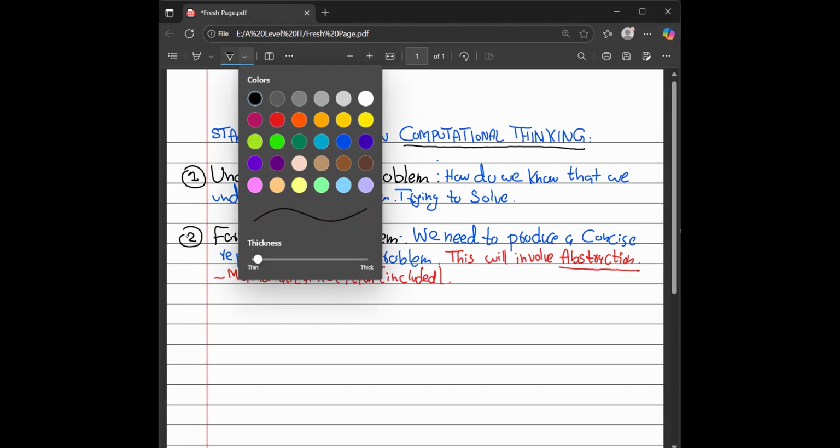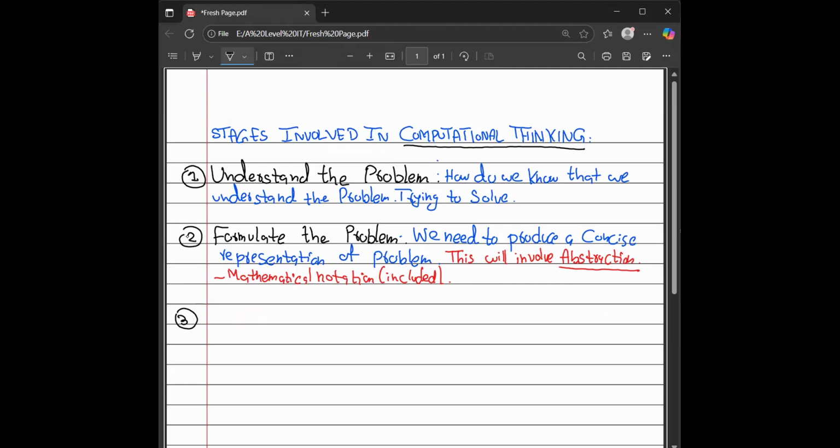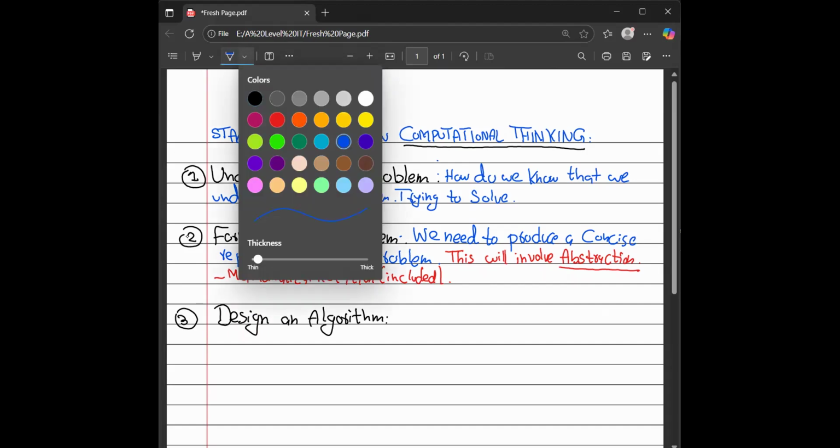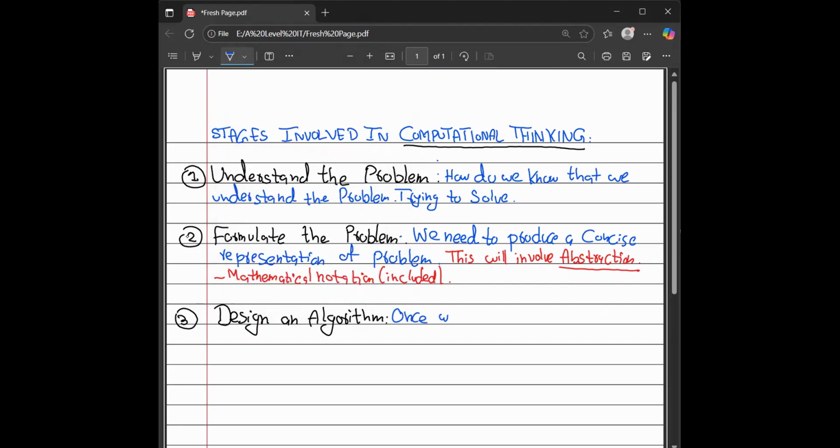After that, the third stage I have right here is designing an algorithm. Once we have a clear representation of the problem, once we have clear